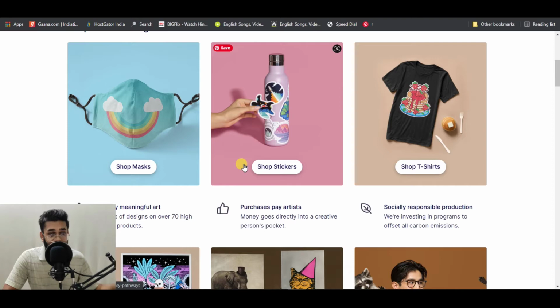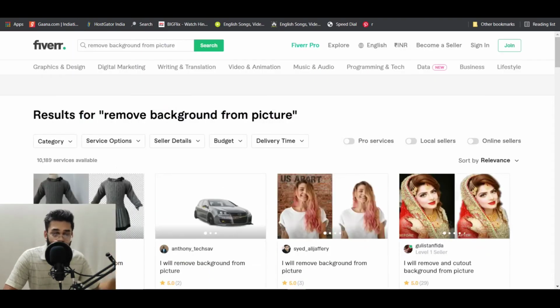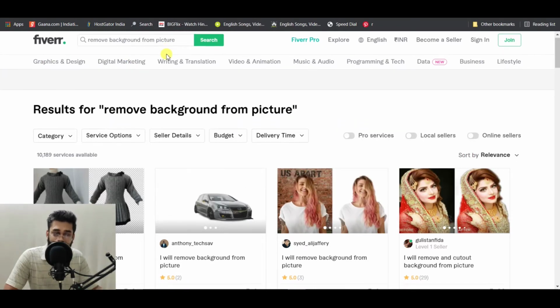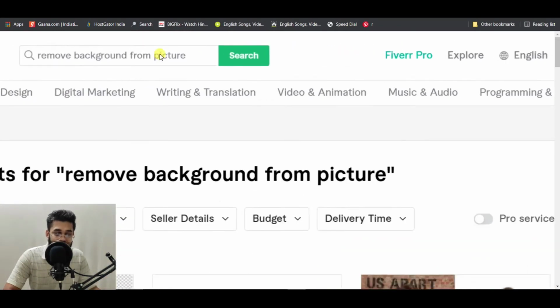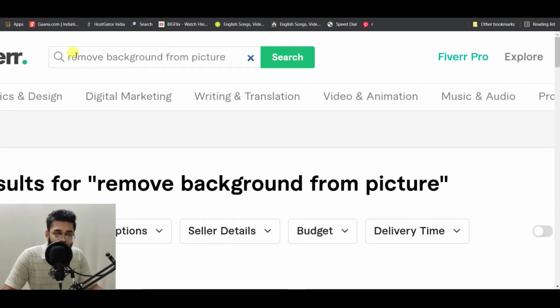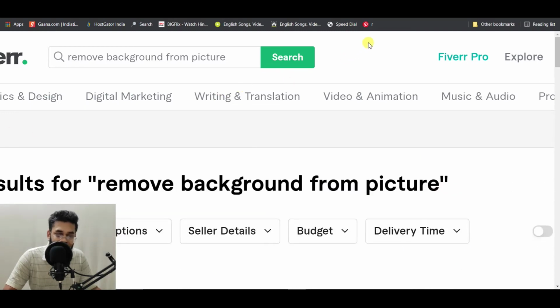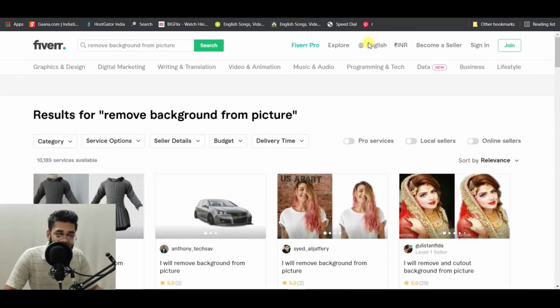Okay, now the second thing is that you just need to go to Fiverr and provide this service which is known as remove background from picture. Just note this keyword, that is remove background from picture. The thing why I am paying this emphasis on this keyword is because this keyword has lowest competition.